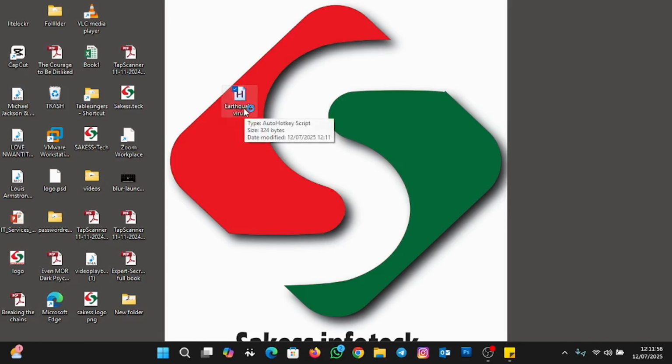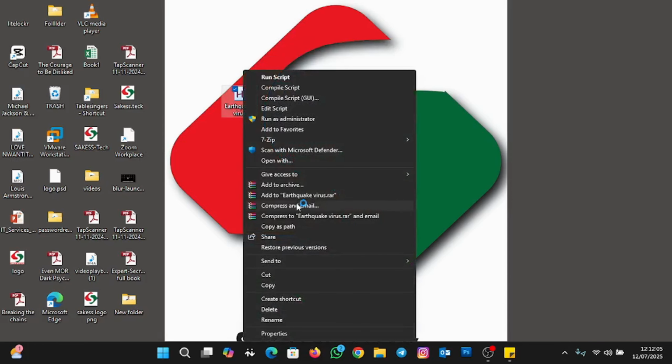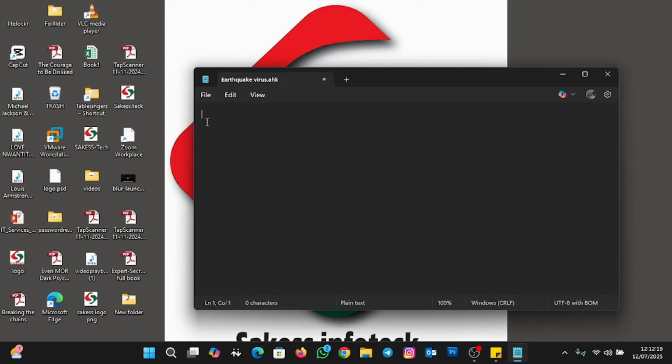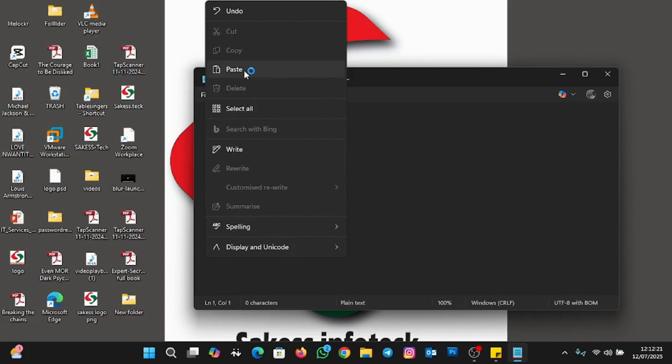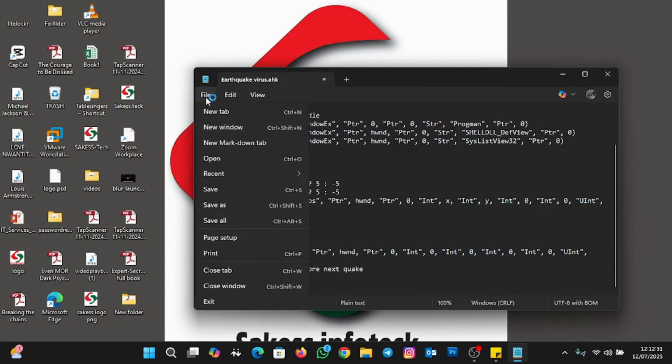So now I'm going to write the script. So I'll right click on the AutoHotkey icon, then I'll go to show more options, and I'll go to edit script, okay? So I'm going to click on that, and then here we are going to type the script, okay? So let me remove all this. So I've already copied the script, so let me paste it here. So I'm going to leave the script at the description below, okay? So you can try it, and then you leave the comment at the comment section. So I'm going to click on save to save the script,